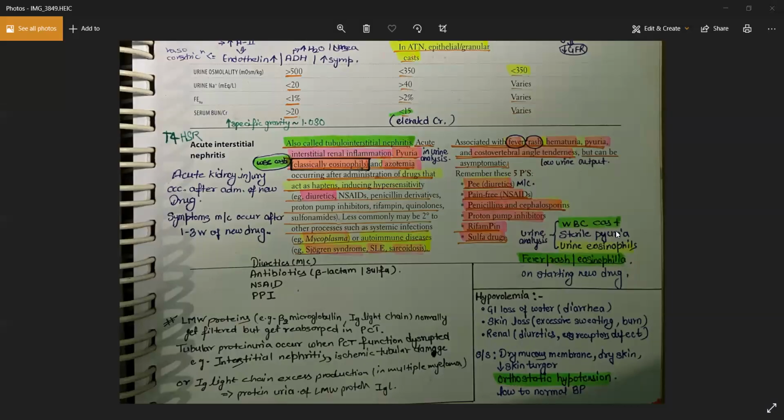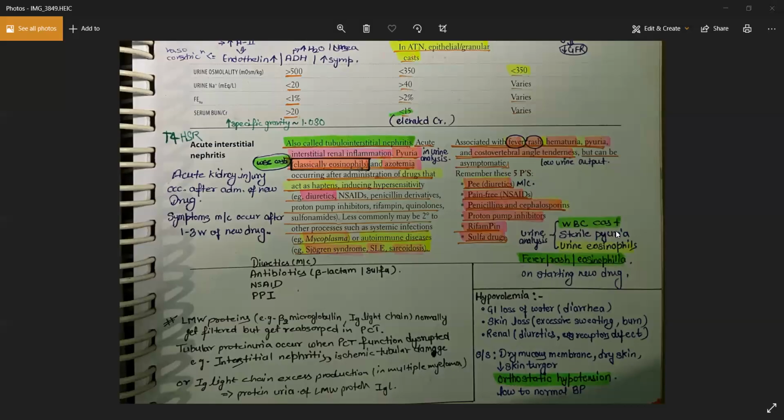You also call it a tubulointerstitial nephritis. So it will be an acute interstitial renal inflammation. Again, you will have signs and symptoms of inflammation like fever. Apart from that, the patient will also have a rash in this condition, a generalized kind of rash. So fever, rash, and hematuria will be there because it is affecting your kidney. It will be inflammation of your kidney, so you'll have a blood loss.